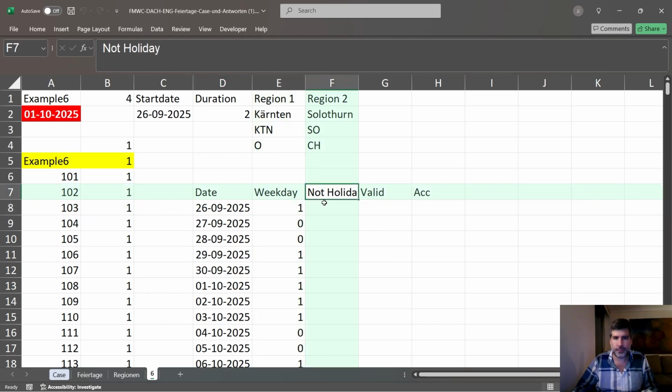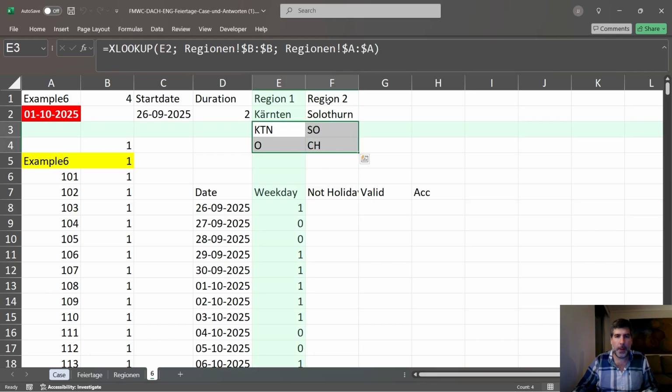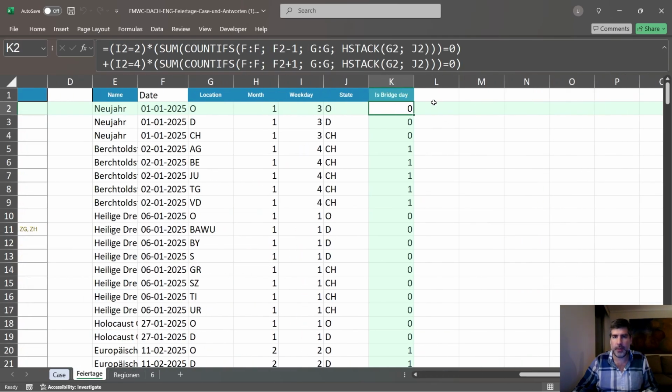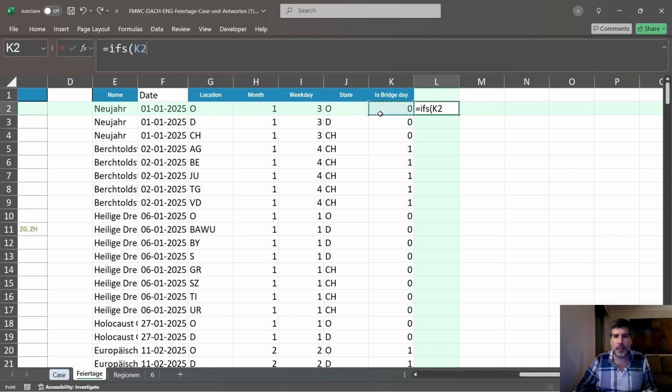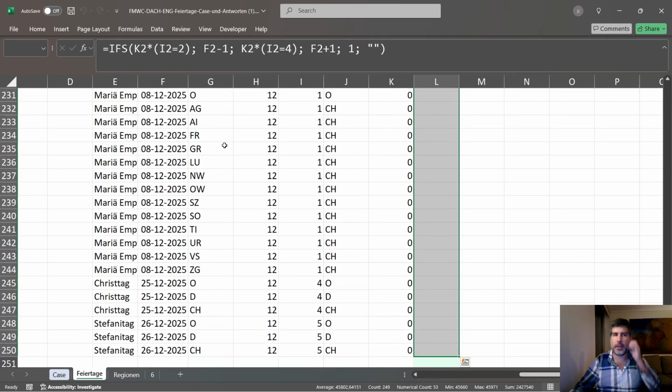Then not a holiday. Right, so what we need to do here, or a bridge date, is we need to check if this date for any of these regions is either a holiday or a bridge day. But we're missing the dates for the bridge days, so we're gonna build that here. So equal ifs, if it's a bridge day, times the weekday equals 2, then this is gonna be the date minus 1. Otherwise, if it's a bridge day and the weekday equals 4, or Thursday, then our bridge is gonna be the date plus 1. Otherwise, we're gonna get a blank. Bridge date, and this is still a formula. It's just blank, and we autocomplete down,